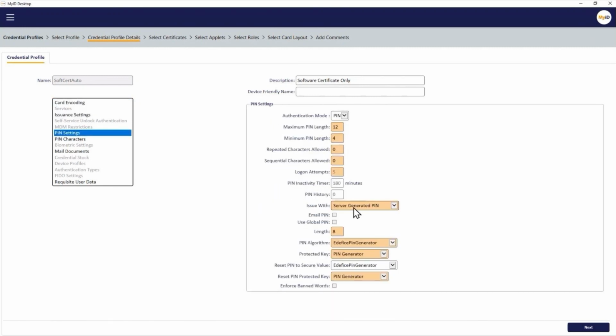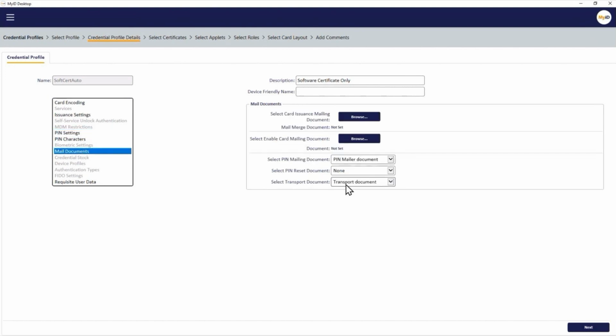here we can see I've specified a server generated PIN using the Edifice PIN generator. The key for the PIN generator I created using the key manager workflow, and it's allocated here. Under mailing documents, you'll see I have a different transport document, and I actually have a PIN mailer document specified